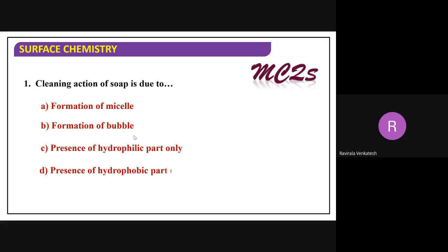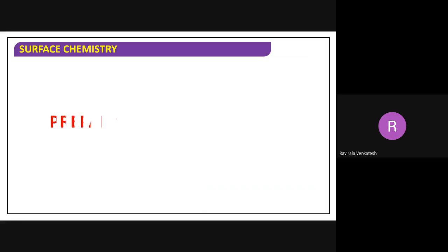What will be the answer? The cleaning action of soap is due to formation of what? Micelle only. Now this is about the mechanism of the